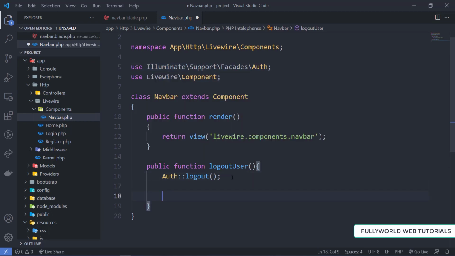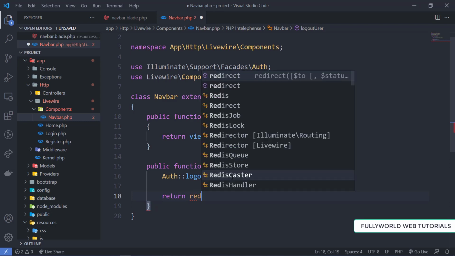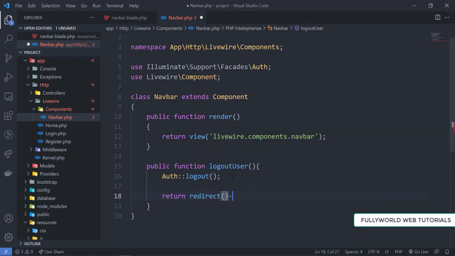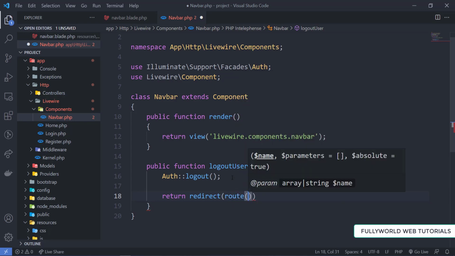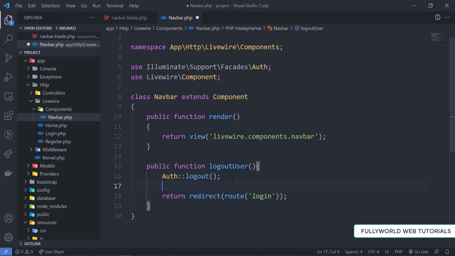So if the user is logged out, we are going to just return and redirect this to the route of login with a message.